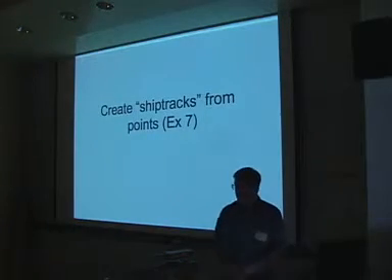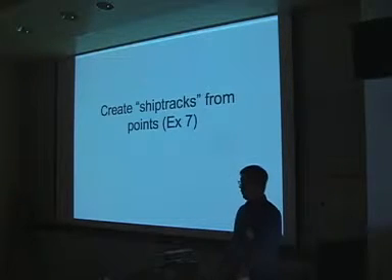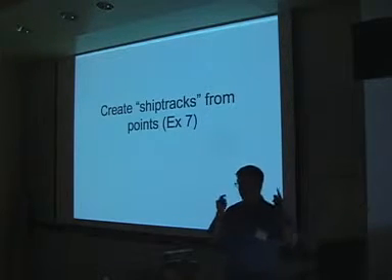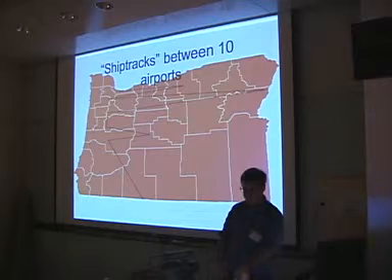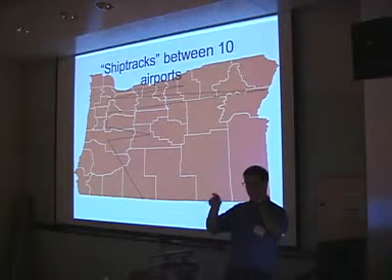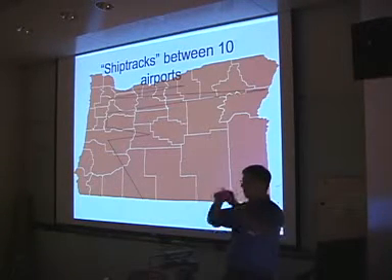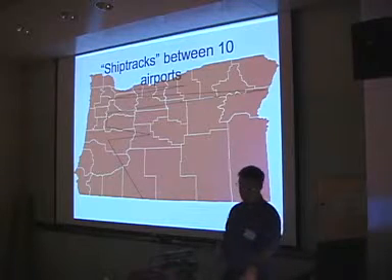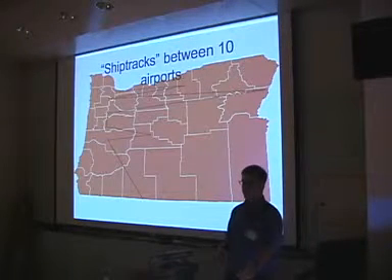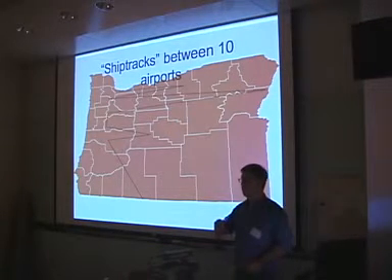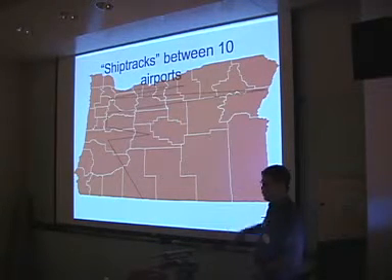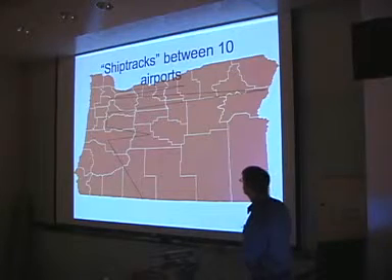Then I have some other stuff. So when it says example 7, that means in the code it says example 7 as well. You can look it up. I don't have time, so I'm going to go over them too quick. I took a bunch of points, then using PostGIS functions, drew one big line. It's basically 10 airports chosen at random from across the county, ordered by Y value. And then I made a road out of it. You know, it's some silly example, but